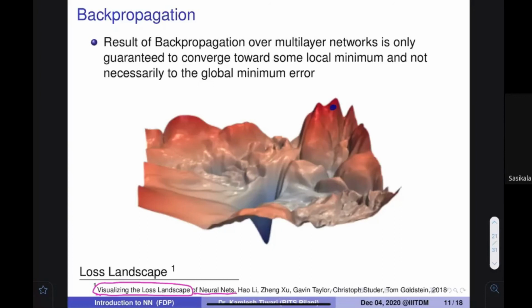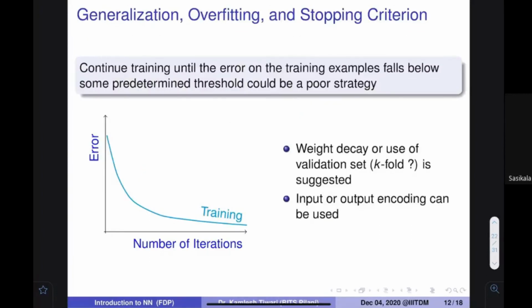So now we want to understand the stopping criteria that we discussed a few minutes back, since we have developed a method that continuously reduces the error. If you divide this into two parts, you can see that initially your error was reducing very fast like this. But after some time the error is not reducing that fast. You can say that this is a point where we can stop.